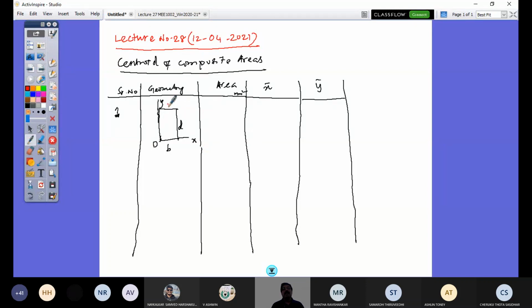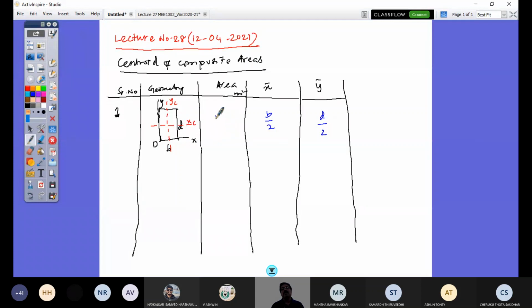Of course, you can apply the first moment principle, but here this rectangle has two axes of symmetry, and I call these axes yc and xc, located at a distance b by 2. So x bar is b by 2 and y bar is d by 2,